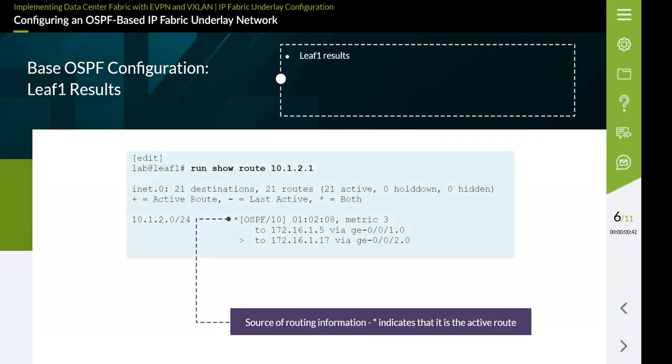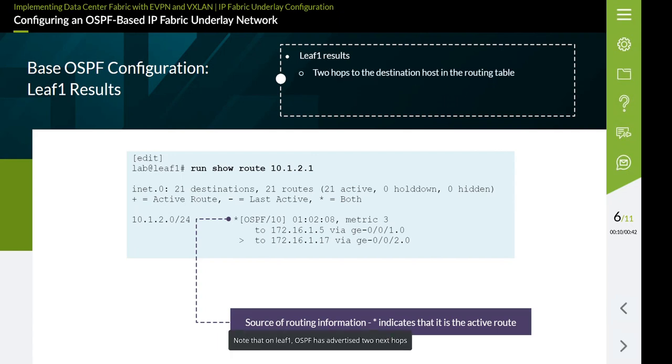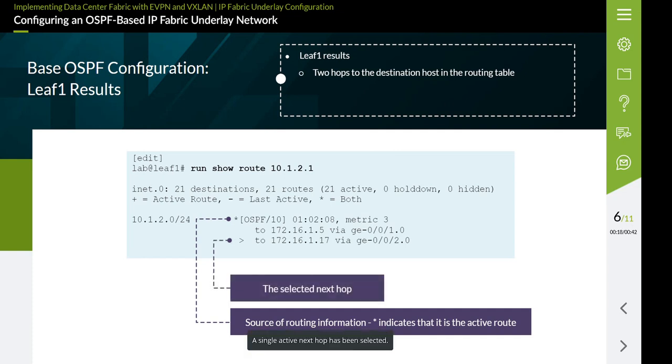Here, you can see that the OSPF protocol has advertised directly connected host networks within the OSPF domain. Note that on leaf 1, OSPF has advertised 2 next hops to reach remote network 10.1.2.0/24. A single active next hop has been selected. At this point in the configuration, the next hop of 172.16.1.17 through interface